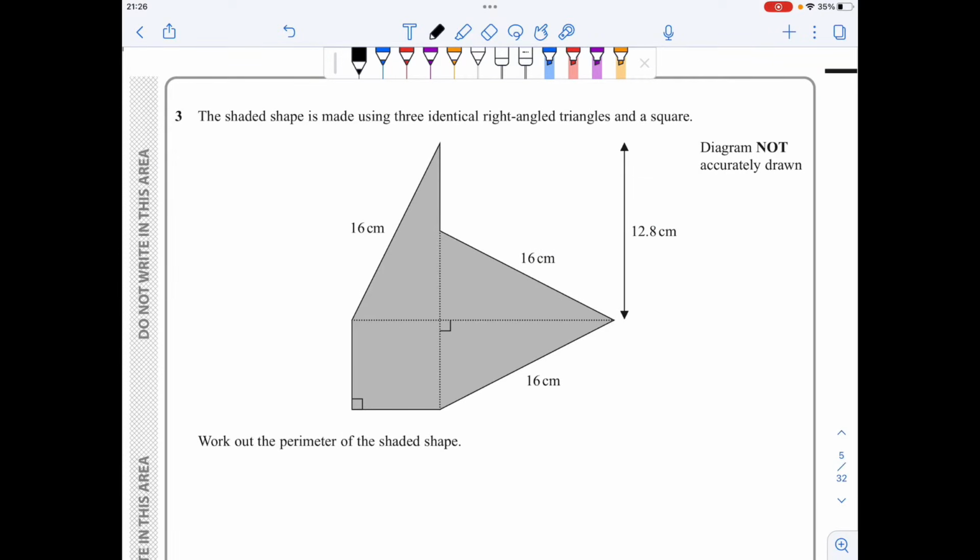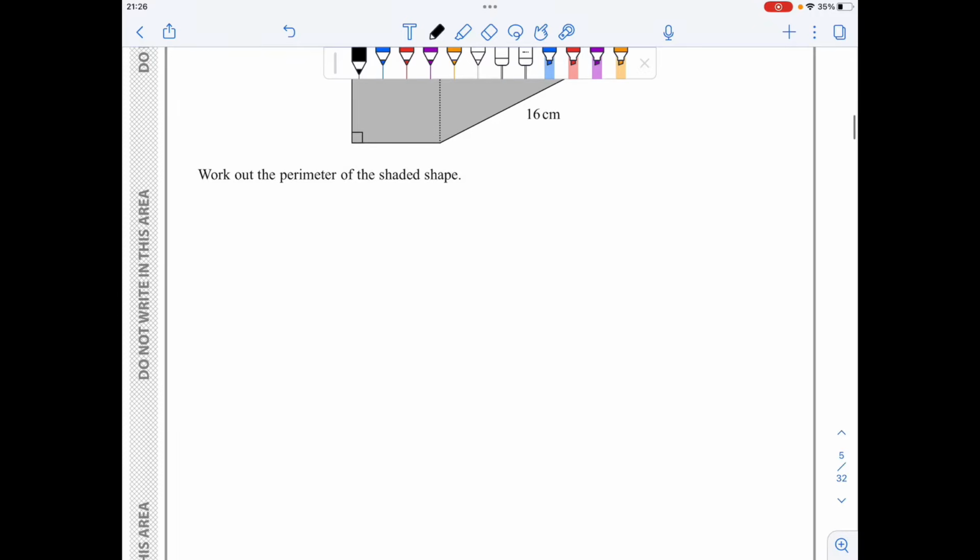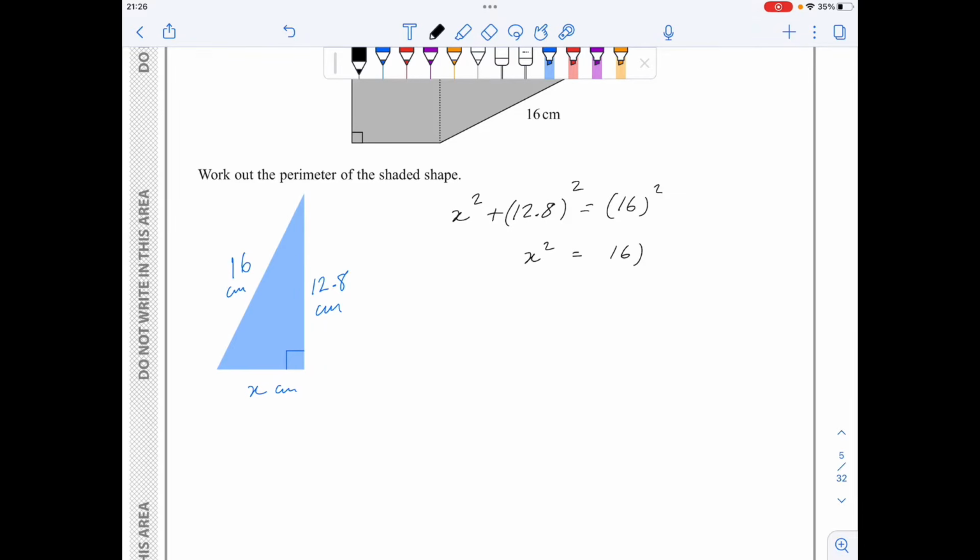In question 3, I'll work with this triangle and I will try and find the base. Let's call this x. So let's extract this triangle. Using Pythagoras theorem, x squared plus 12.8 squared is equal to 16 squared. Rearranging gives me x squared equals 16 squared minus 12.8 squared. So x squared is equal to 92.16. x comes out to be